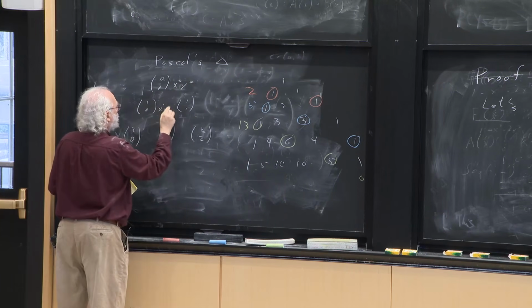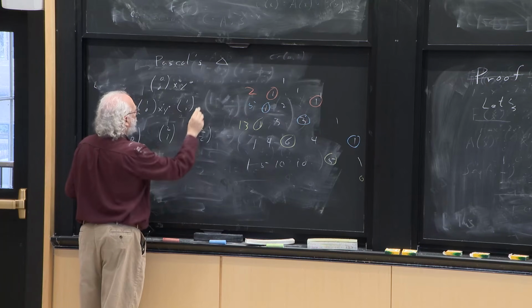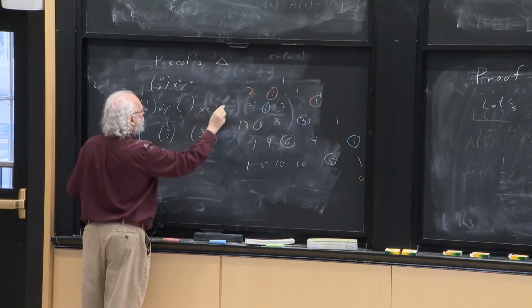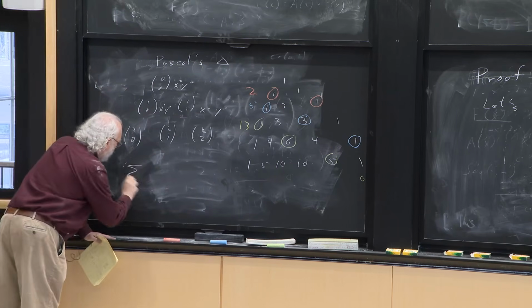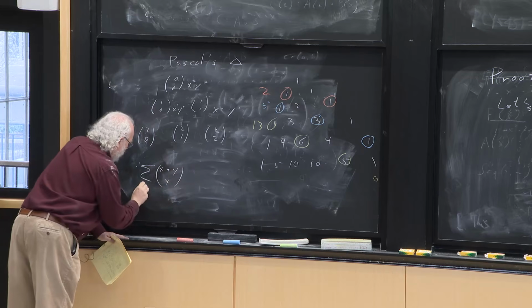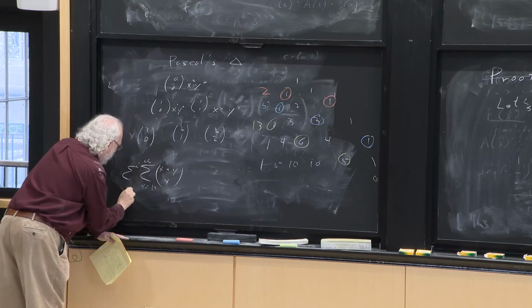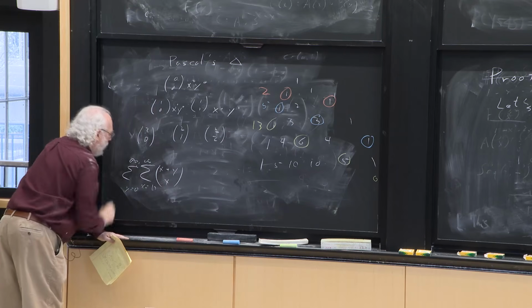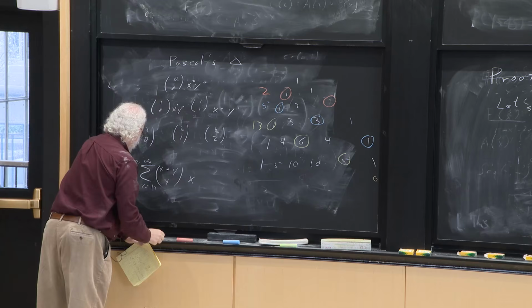X to the 1, y to the 0. X to the 0, y to the 1, etc. So what we get is x plus y, choose x, sum from 0 to infinity, sum y equals 0 to infinity, x plus y, choose x, times x to the